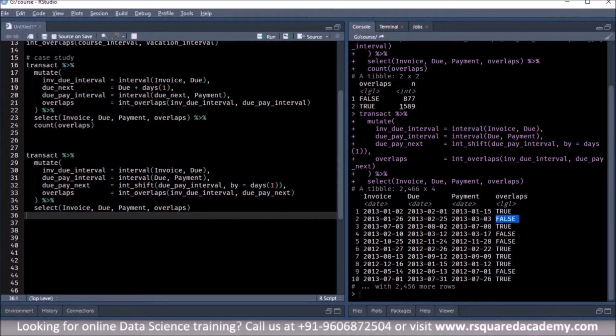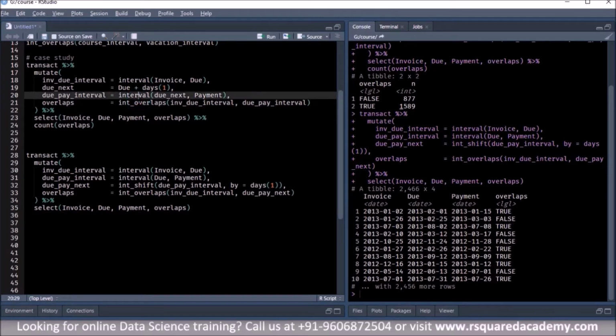Now I'll come back to the question: why did we shift the due date? In the first case we moved the due date forward by 1 day, and in the second case we shifted the interval itself forward by 1 day.